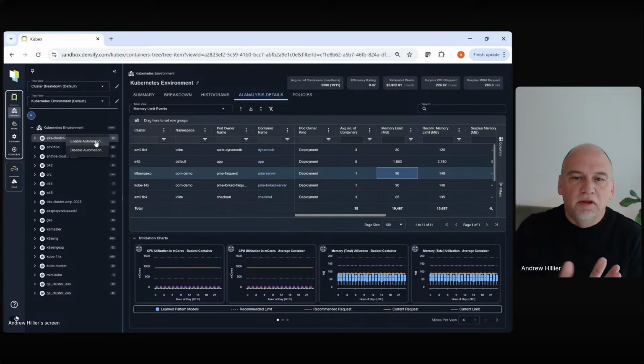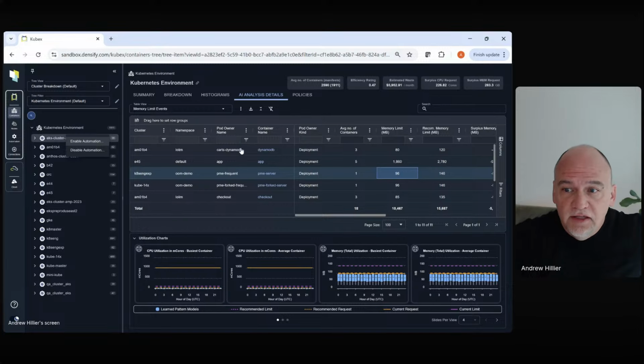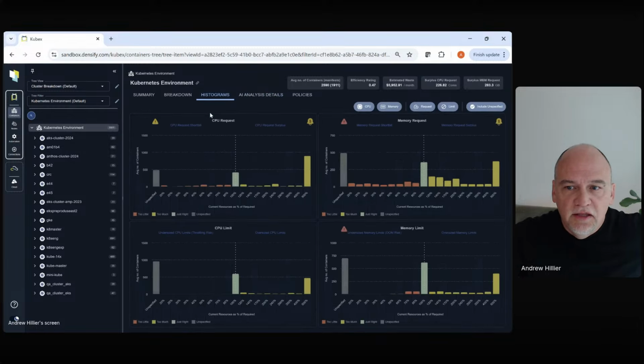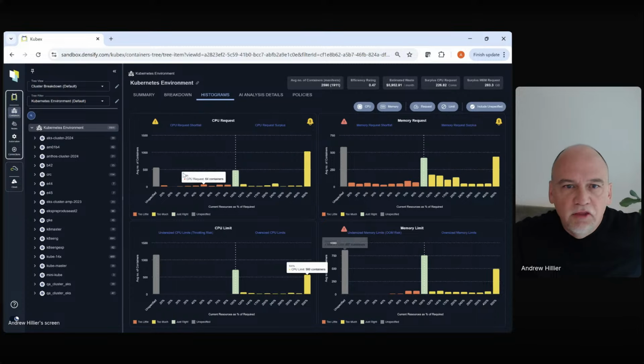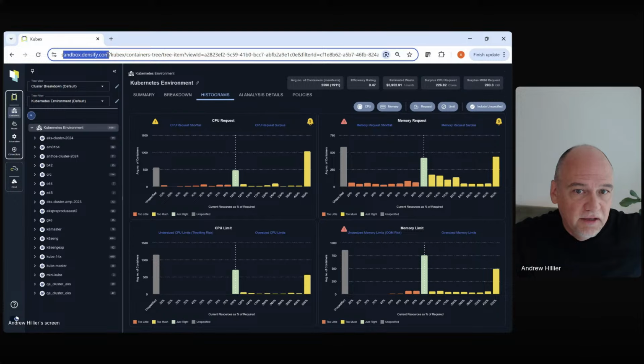So when we see risk, we really want to fix these things pretty quickly. And as you described, unset limits or limits that are too low are usually a very high priority. And so that's one thing we see. And then the other thing I'll do, and I only have limited time, so I can't go through all of these things. By the way, what I'm in is our sandbox environment that you can access.